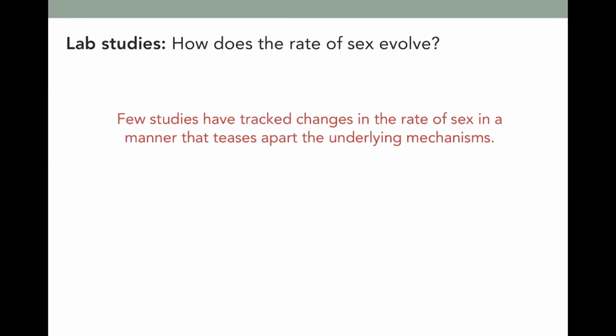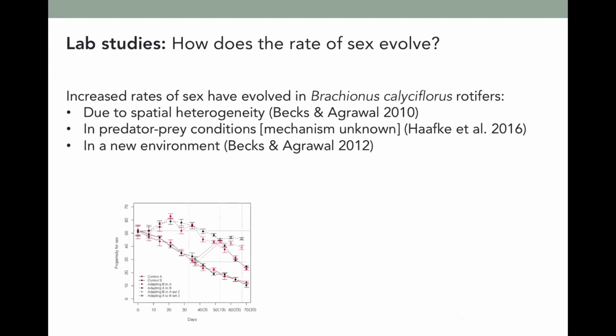So what evidence do we have for selective interference driving the evolution of sex and recombination? Few studies have actually studied this question in a manner that teases apart the mechanisms. And that's why I was so pleased to see the sorts of studies coming out of Aneil Agrawal and Spencer's labs that have examined species that undergo sex to see, does sex go up or down in frequency within a population? We can watch evolution in action and track how sex changes in these experiments.